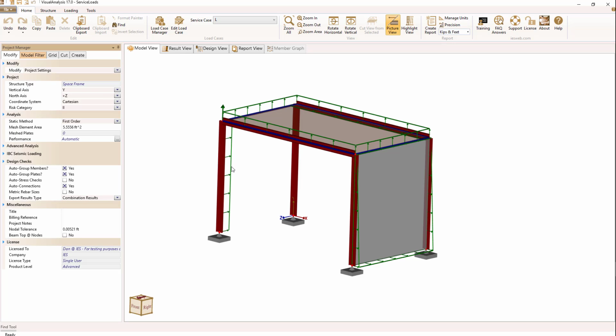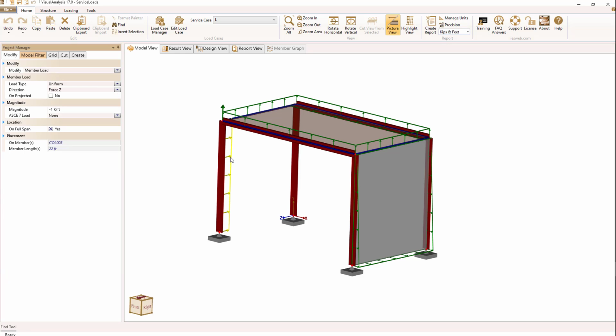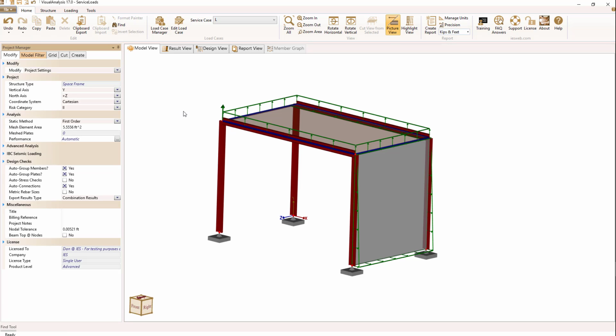Loads can also be removed. If I select the load and hit the delete key or go to the Home Delete ribbon, Home Delete button, I can remove a load. And I'll undo that. The next thing I'd like to show you is how we can move or copy these